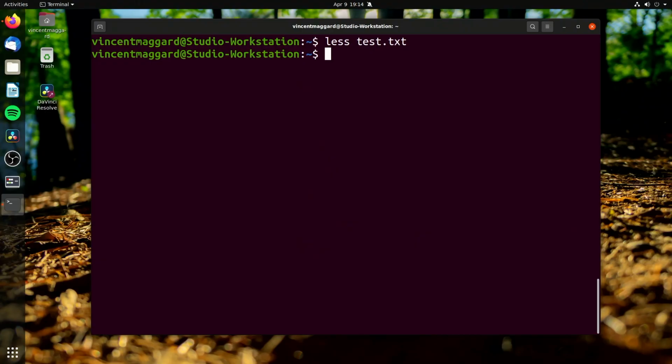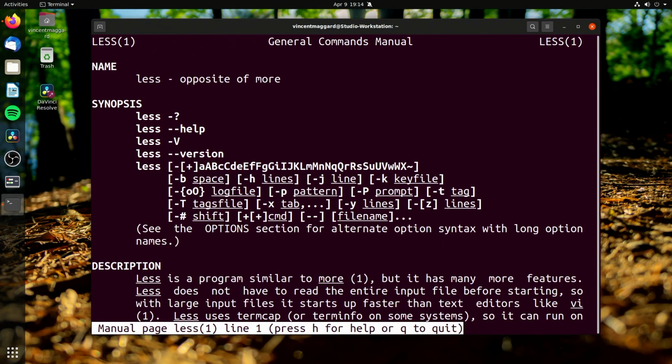So basically what it is, less is actually more than less. And it even says something like this in the man page if we take a look. So if I go man less, opposite of more, see? Told you, wasn't making that one up. So less is the newer utility compared to more. More is a pretty old pager.